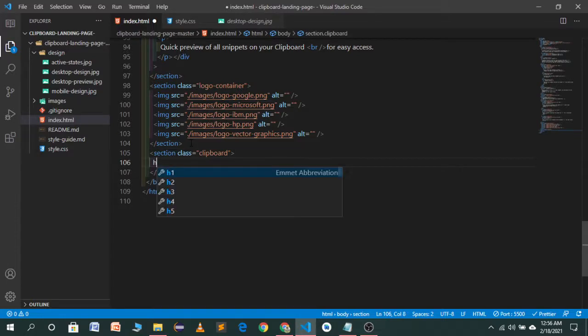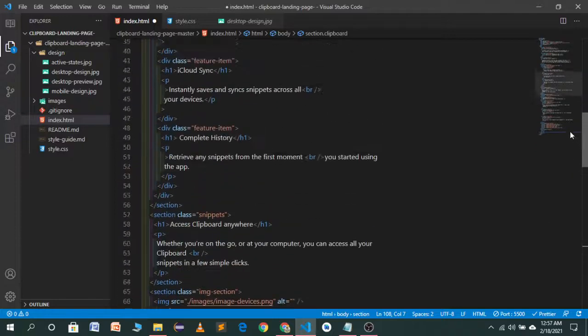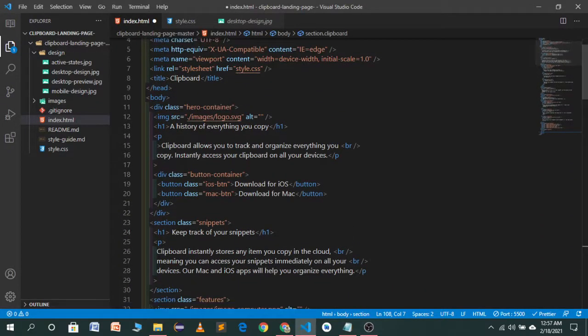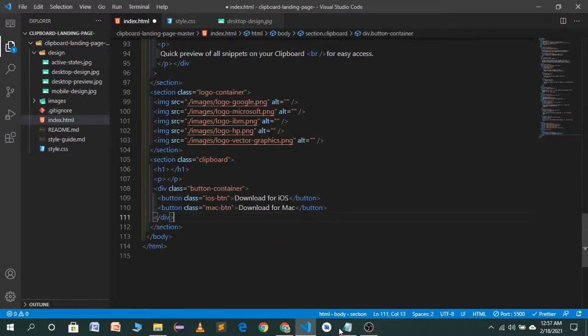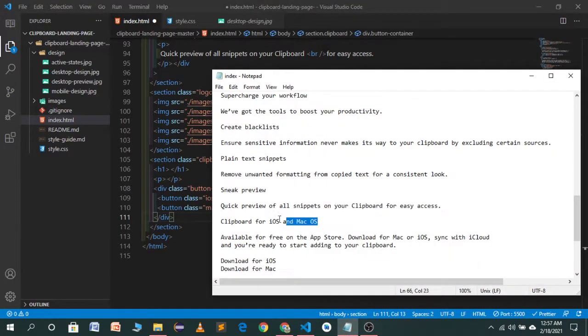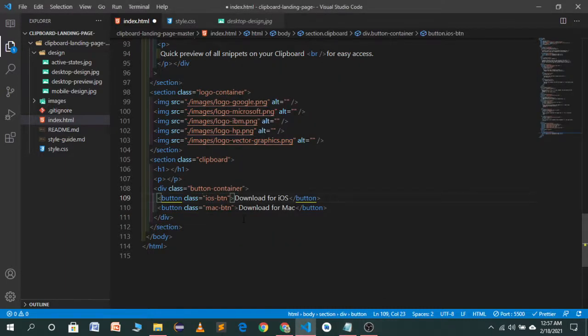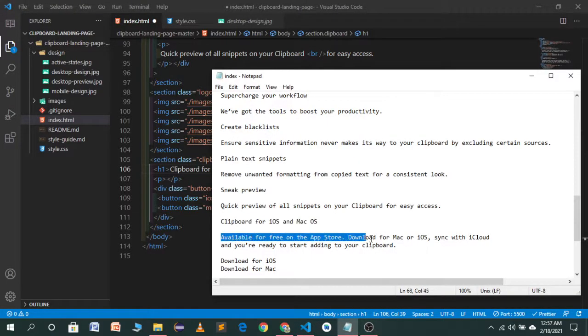In this section we have a heading, paragraph, and two buttons which will be same as we have used earlier. I will copy the same buttons and paste it here. The heading will be this one, clipboard for iOS and Mac, and the description will be in the form of paragraph, which will be this one.